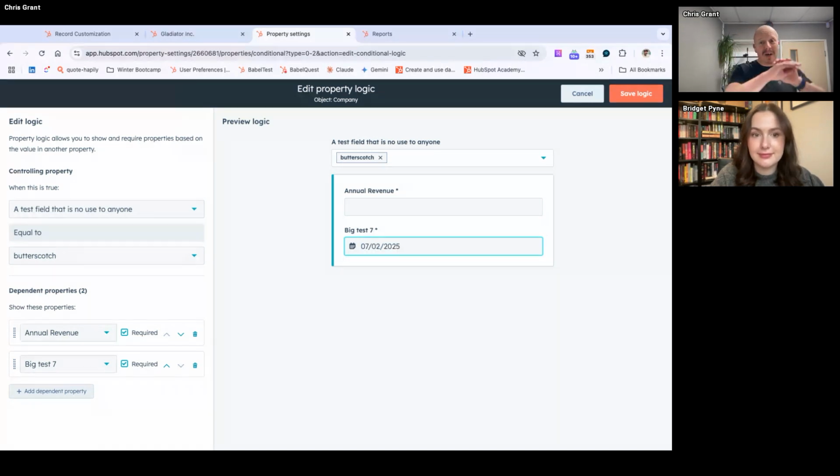And these work across HubSpot. So if you create these conditional properties, you'll see them working everywhere. But again, when we talked about the left sidebar before, it's a really good way to declutter, to make it so that people only see what they need. And it could be that dependent on a life cycle stage or something else. But making it appear when somebody fills in another property just makes it much easier for them to know what they're supposed to be doing.